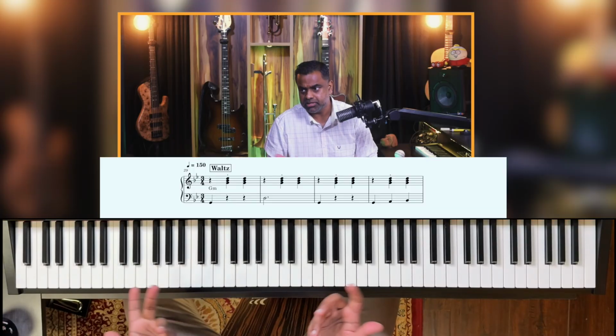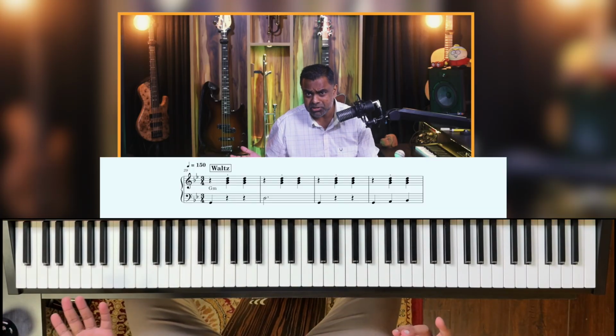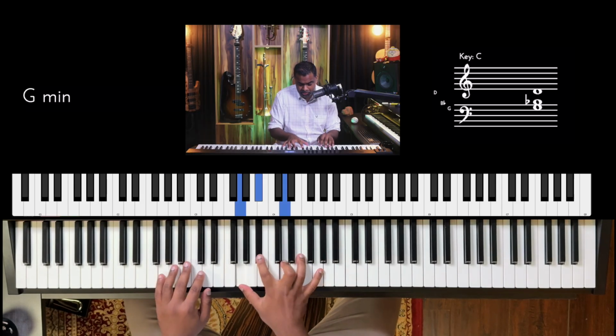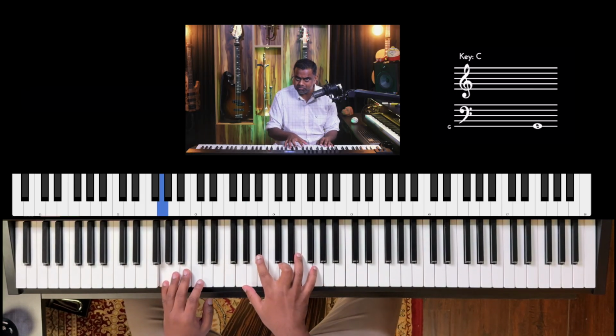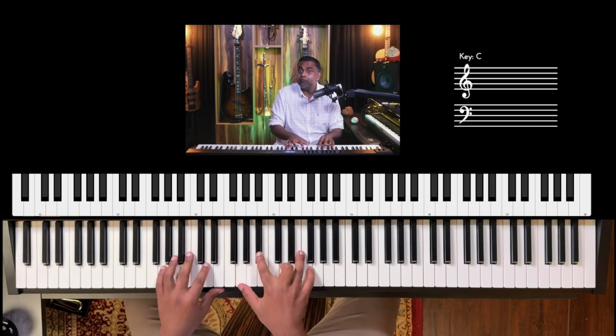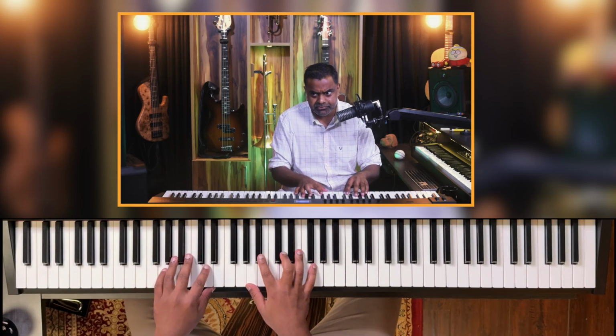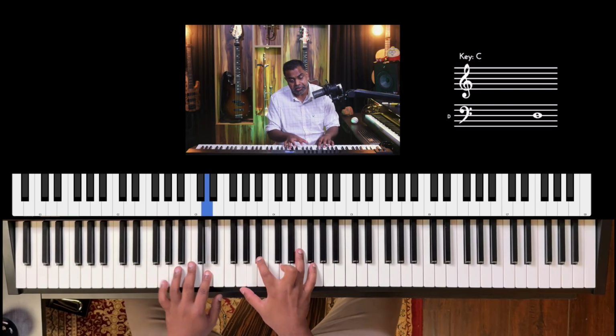Okay, enough of 4x4. We've been only doing 4x4 until now. So let's look at what else. 3x4. Traditionally, we call it waltz. So the basic waltz rhythm is super easy. Instead of doing oompa, oompa, oompa, oompa, you just add an extra beat and you get waltz. Oompa, pa, oompa, pa, oompa, pa. And of course, bring in our fifth. Oompa, pa, oompa, pa,